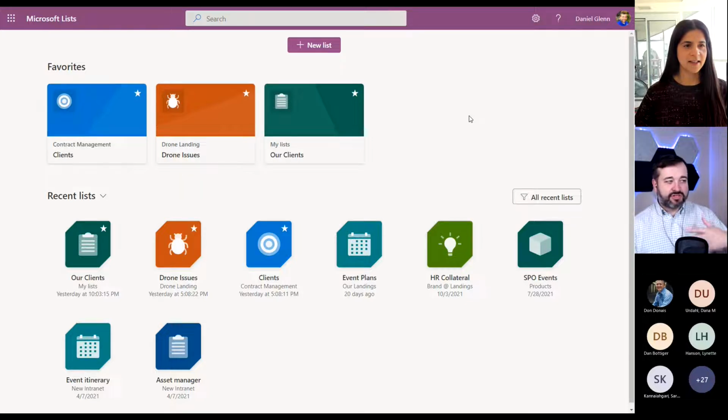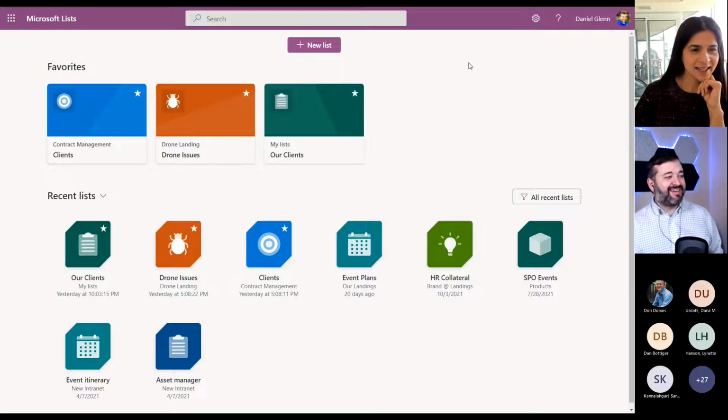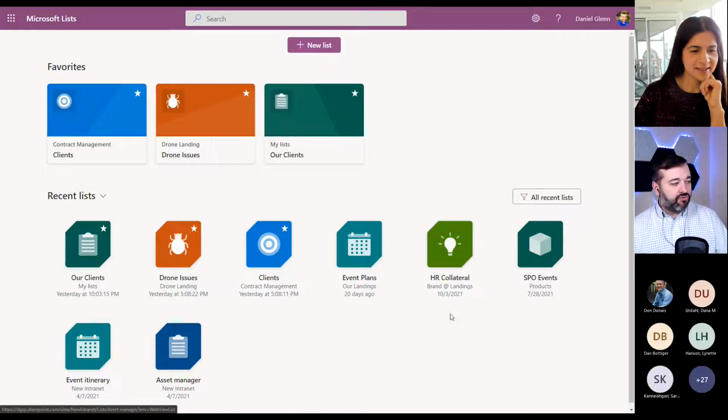We have the search, of course, like Microsoft 365 search to find everything. We have the ability to create a new list straight from here. Shafina was talking about all the wonderful places that we get to create lists from. Well, this is one. You can come to the actual app and create a list from here. Then we have our favorites. You can mark any of your lists that you've used as a favorite. These are recent lists here down below where we can mark those as favorite, and it will show up